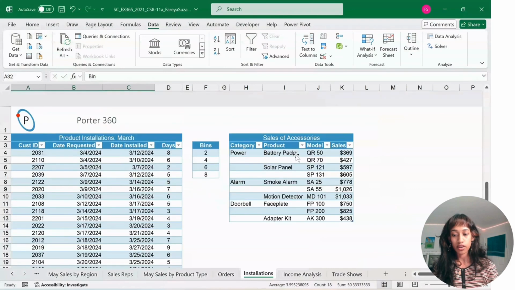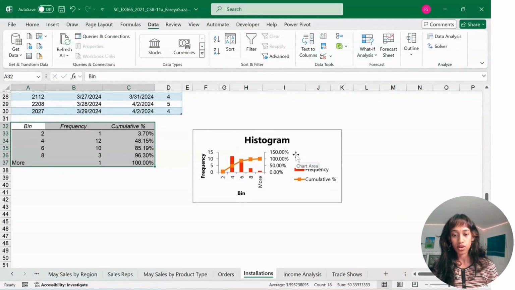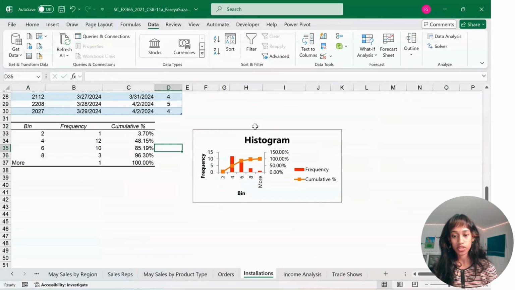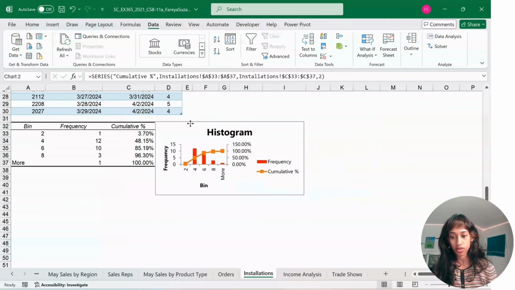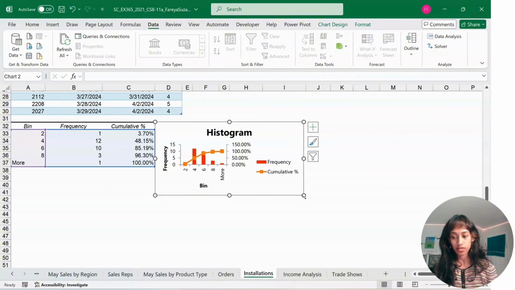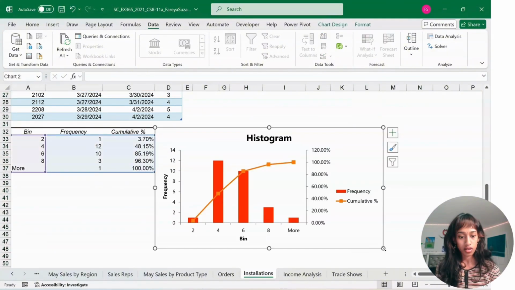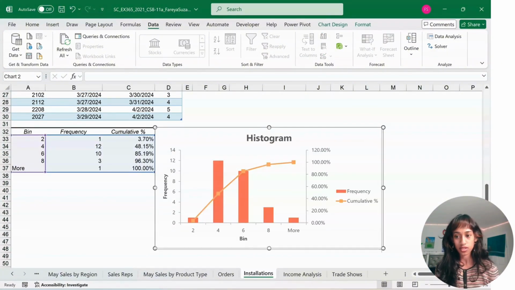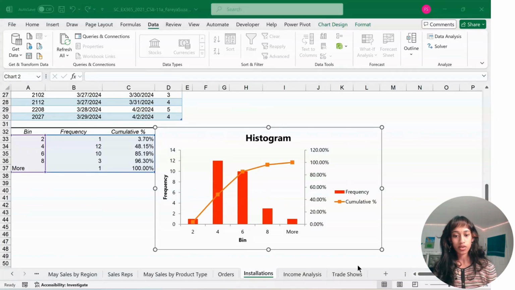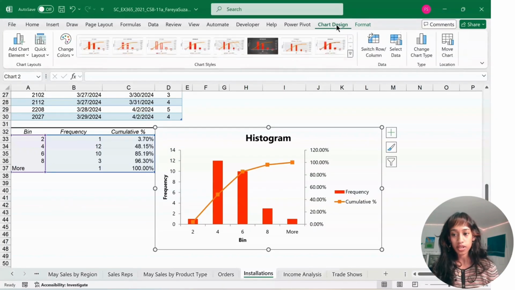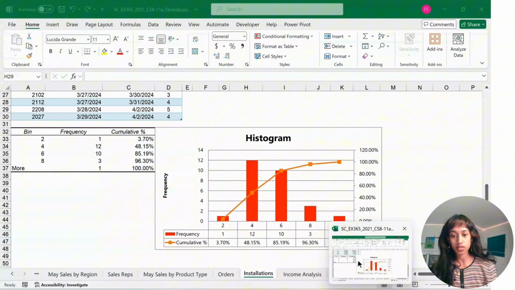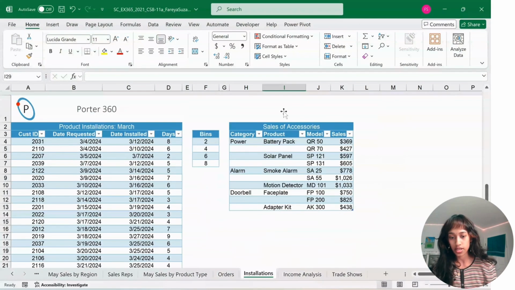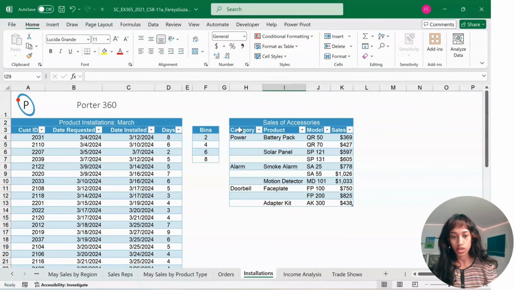So when you scroll down, you should see a histogram right here. Reposition the chart where it starts from D32 to L48, and try to be as precise as you can. Now click on chart design on the ribbon, and then where it says quick layout, you're going to click on layout number 5. On the same page, we're going to select H3 to K13,